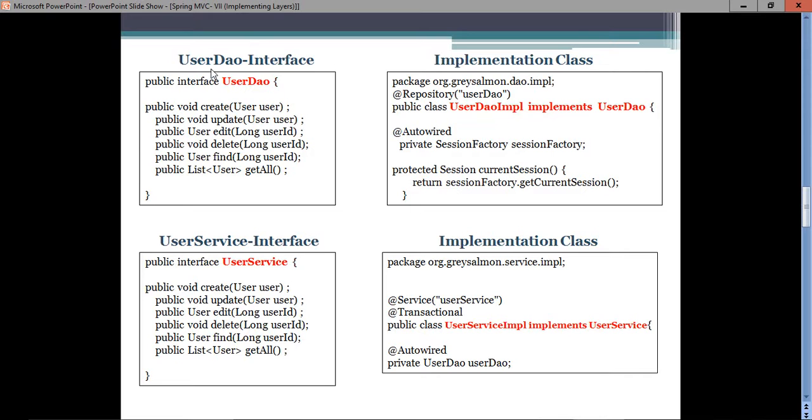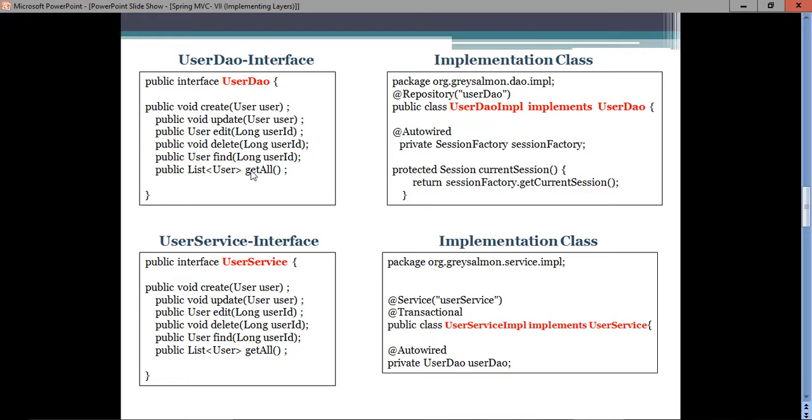Now in the DAO package we will put one interface, and this interface will contain all the methods used to perform the CRUD operations within the database, like creating the user or inserting a new user into the database, then the update method, edit method, delete method, and a method to find the entity or the row within the database, and this is the projection type query.